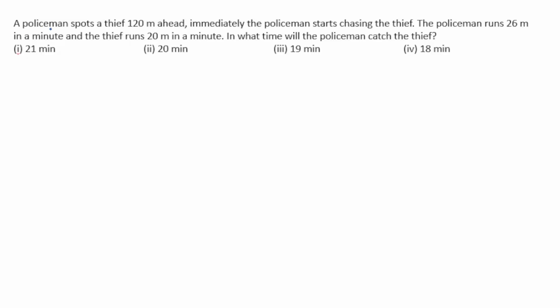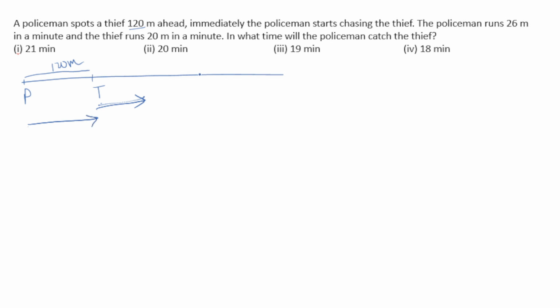First one: a policeman spots a thief 120 meters ahead. Immediately, the policeman starts chasing the thief. See, here is the thief, and here is the policeman. The distance between them both is 120 meters. The thief is moving in the opposite direction of the policeman like this, and the policeman is chasing